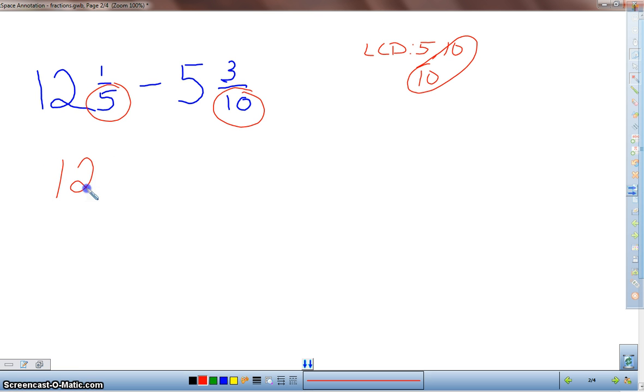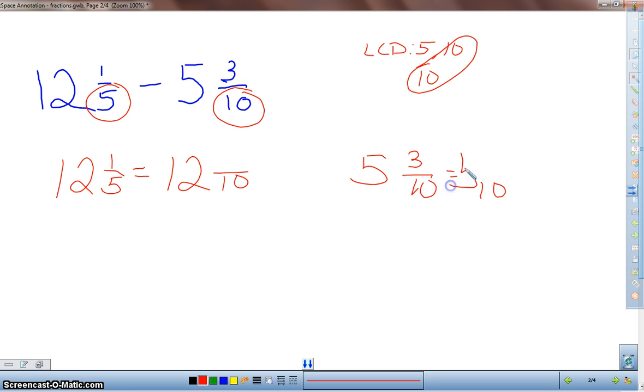So I'm going to rewrite 12 and 1/5 with a denominator of 10. So 12 and something out of 10. I'm going to do the same thing for 5 and 3/10. But if you notice, I already have it at 10. So really, that is an unnecessary step. It's already 10. I don't have to do anything with it. I can keep that guy the same. So for these, I'm going to multiply by 2 because 5 times 2 is 10. Therefore, I multiply 1 by 2 because 1 times 2 is 2. So I'm doing 12 and 2/10